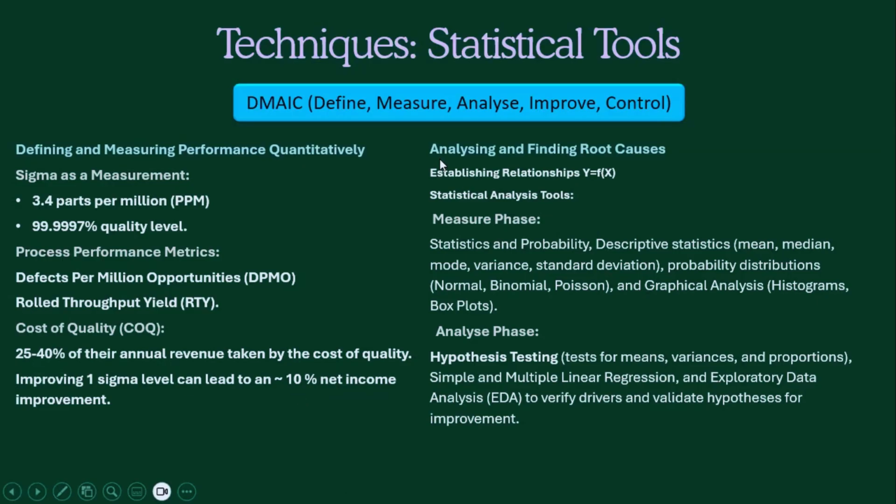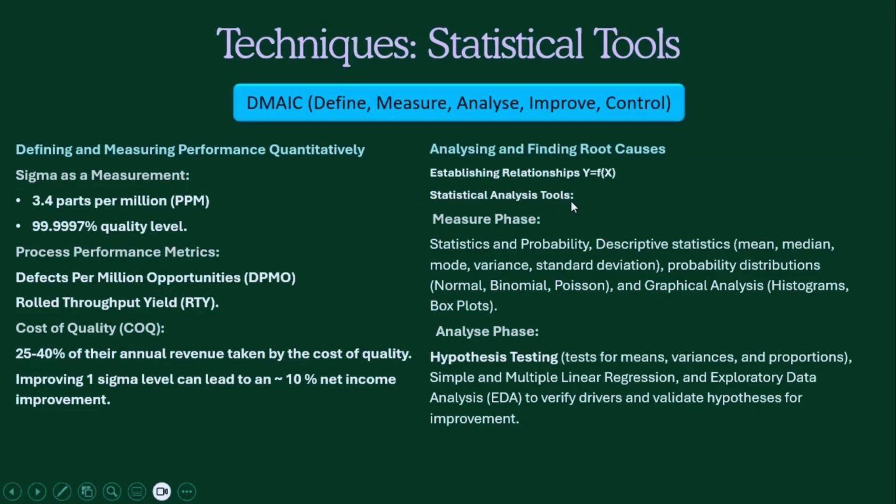And this technique is mainly to analyze and find the root cause, right? This is the major step, right? See, without understanding the root cause, DMAIC or Lean Six Sigma will not move on, right? We call it Y equals f of X. X is the cause and Y is the output. Input is X, and output is Y. So Y equals f of X, you will hear frequently in this course.